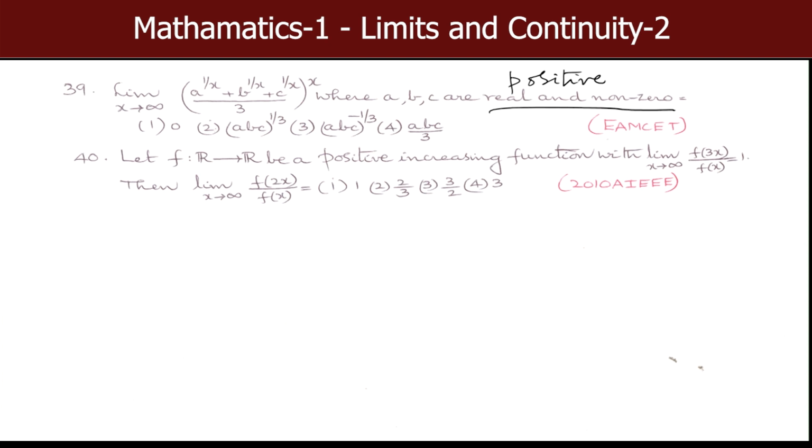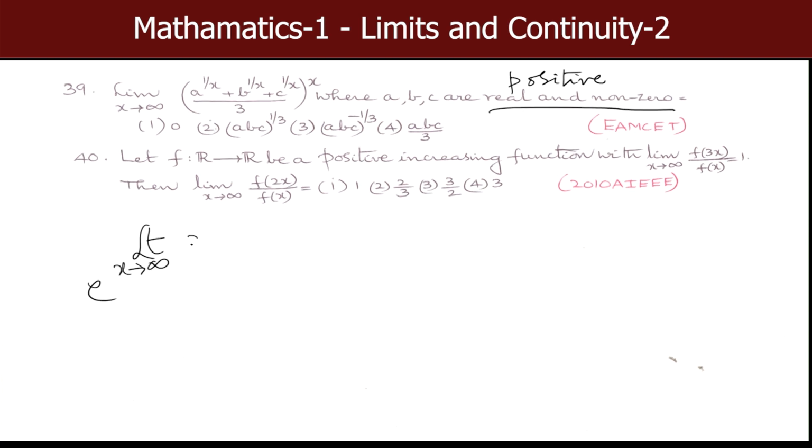Because 1 by x tends to 0 as x tends to plus infinity, a power 1 by x tends to 1. b power 1 by x also tends to 1 for the same reason. c power 1 by x tends to 1. So numerator has the limit 3 by 3, so the base has the limit 1 and the exponent tends to plus infinity. So this is again in the form 1 to the power of infinity, indeterminate form, and the limit very much exists, and therefore this limit is same as e to the power of limit x tends to infinity